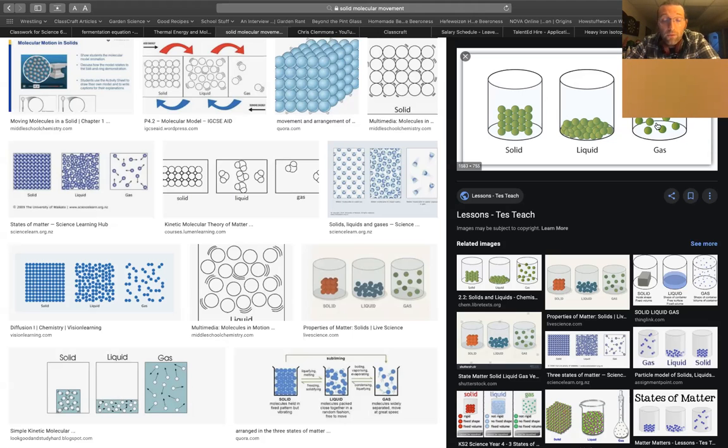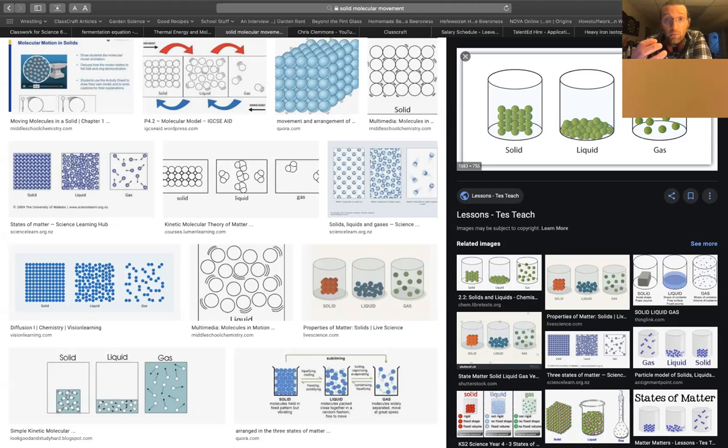And then for gases, once you get to the gaseous phase, the gas is moving about freely in the air, and it will fill the entire container. So liquids take the shape of the container, but with gases, because the molecules have so much energy, they're bouncing off every single edge of the container that they're in. Boom, boom, boom, boom, boom, all over the place. And that's what characterizes a gas.